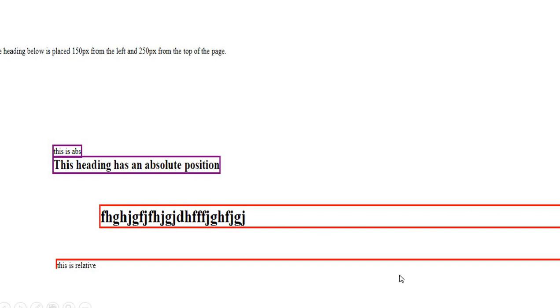So this is the relative property, again we get the border up to the last area. So this is the difference. In absolute we get an accurate text border if we apply the border, and we have located the text in particular locations.